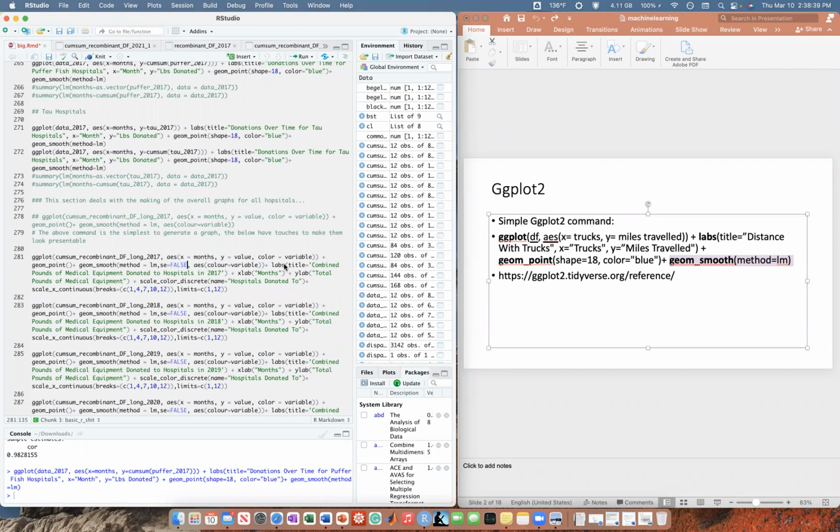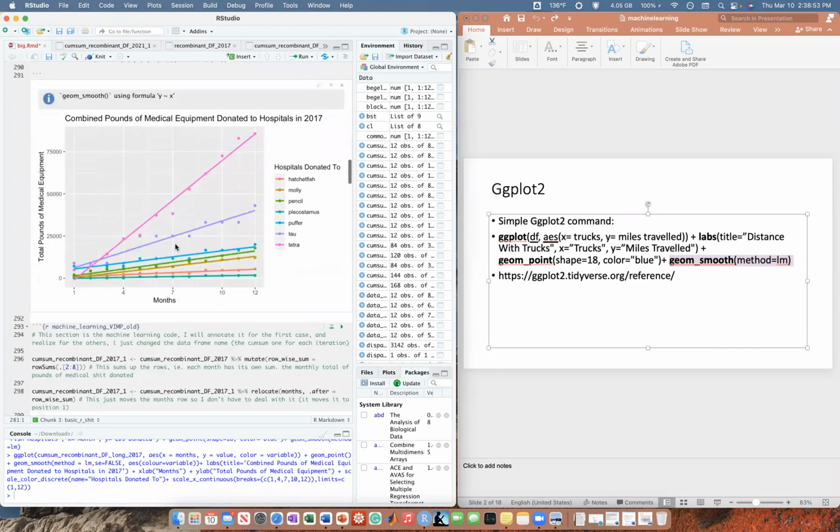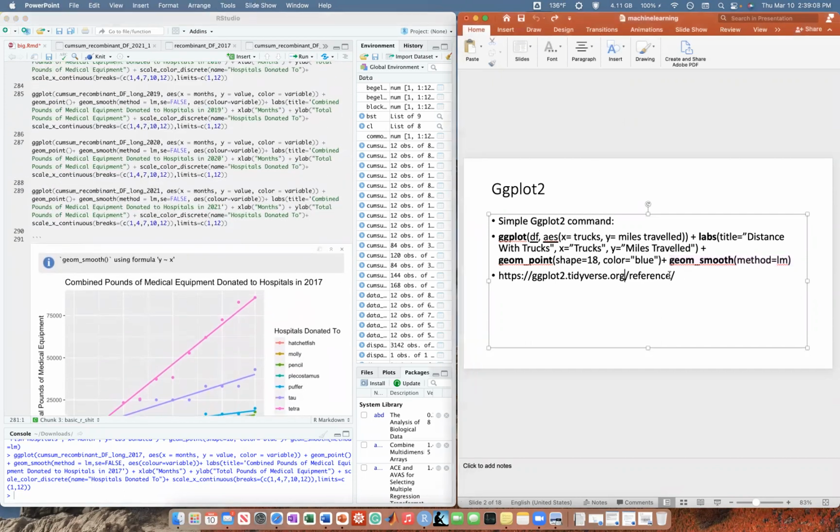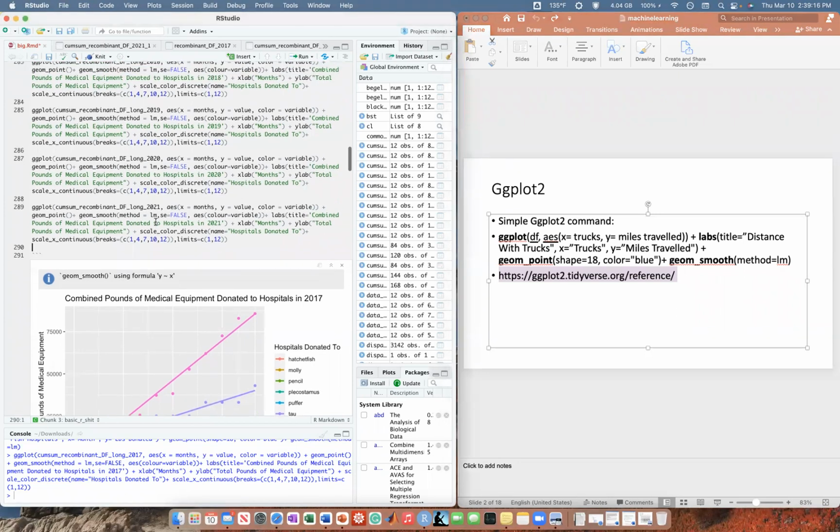Don't show those confidence intervals. Labels, these are just axes because I wanted to show 1 to 12 months, and that just shows how many delineations of the x-axis would appear. So every, like at month 1, 4, 7, 10, 12. So it looked a little like this, which looks pretty neat, pretty cool. Honestly, you could make this in Excel, but I'm touching the surface of ggplot. There's so many cool things you can do with it, and you can make them fun colors, play around with it. And if you're more interested, go to this website, which gives you every single command you can use for ggplot2. And some history about it if you're curious, but I know the basics of it just because I don't have to know too much about it.